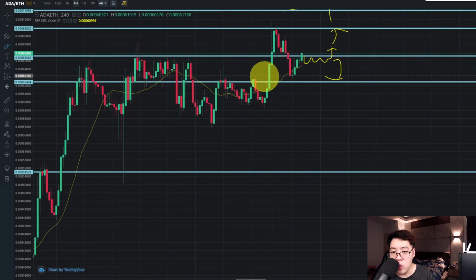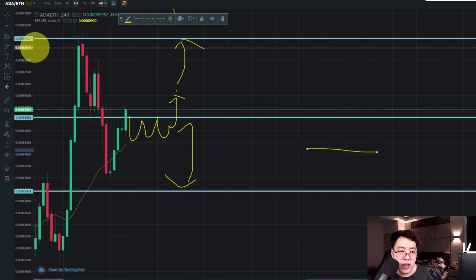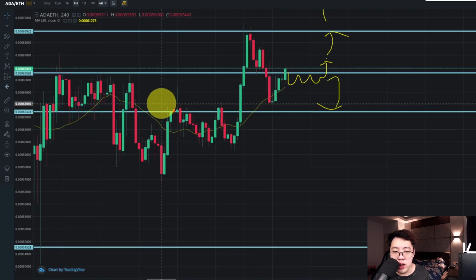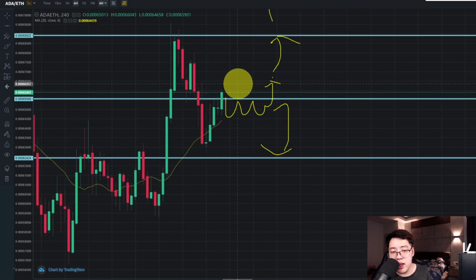And not just that, I think ADA versus Ethereum is also doing very alright today. And as you can see here, wow, this is a very good signal right now. Yes, even though it hasn't closed above this resistance zone, it managed to break above already. Let me zoom in a little bit so you can see it clearer, and let me talk about this candlestick. Right now this candlestick has already managed to break above this resistance zone. This resistance zone is very difficult to break through. As you can see here, every time it tries to break through, it goes all the way down eventually. So right now what you want to monitor is, if later at 8 p.m. the candlestick